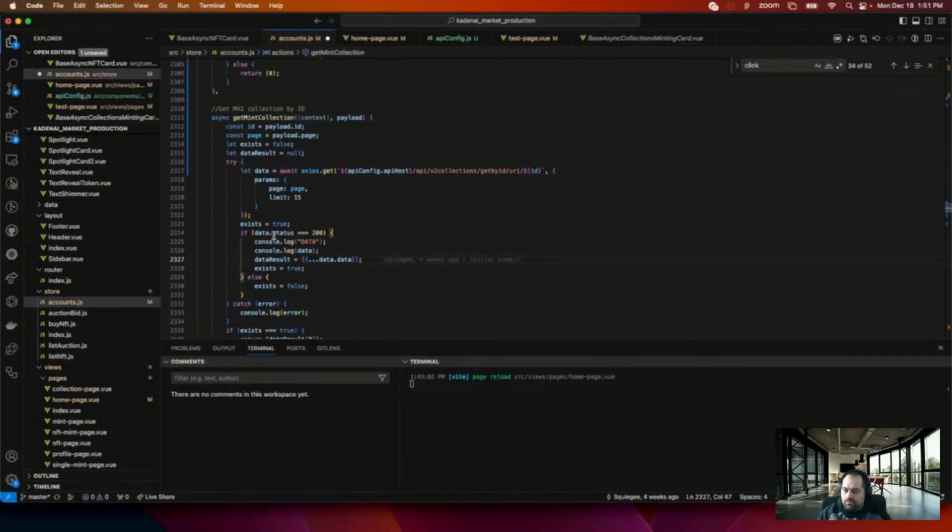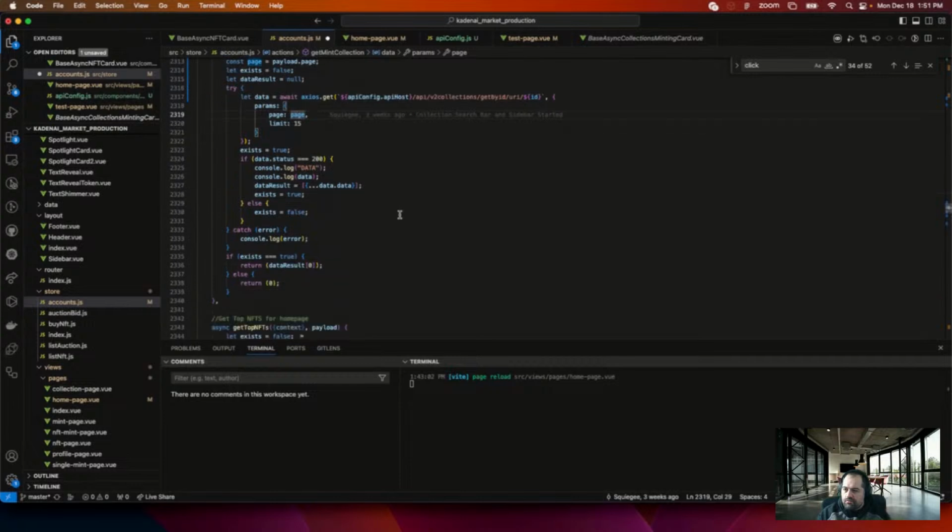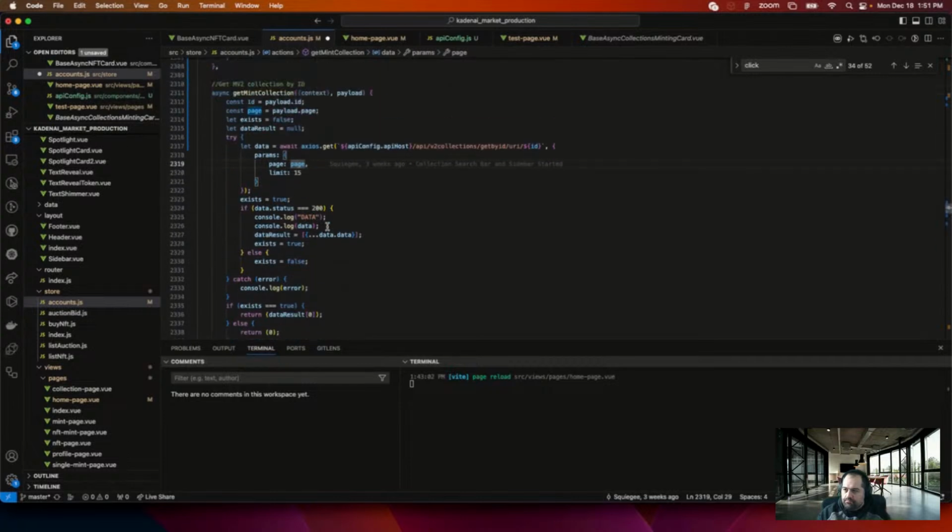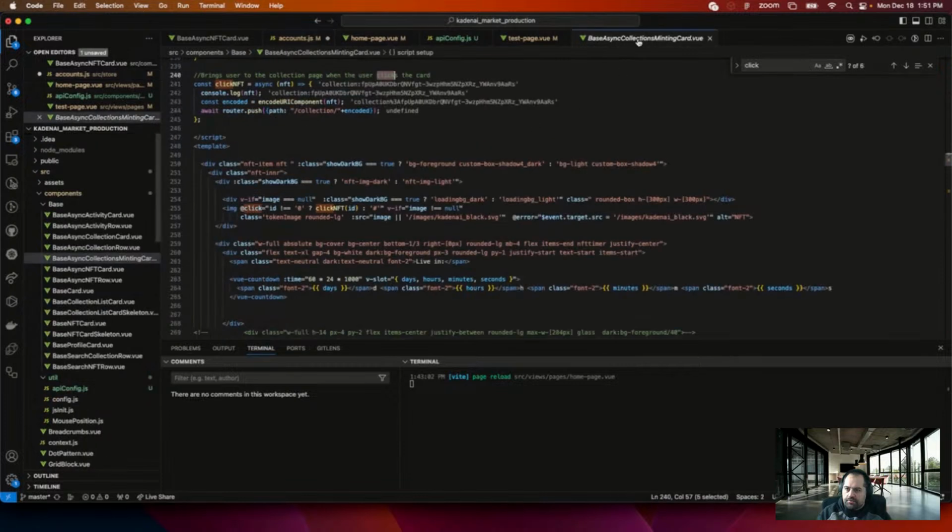Yeah. All right. So what are we looking for here? We won't need any of this. Pretty simple function. I don't think we need the parameters though. I think we can just do this.